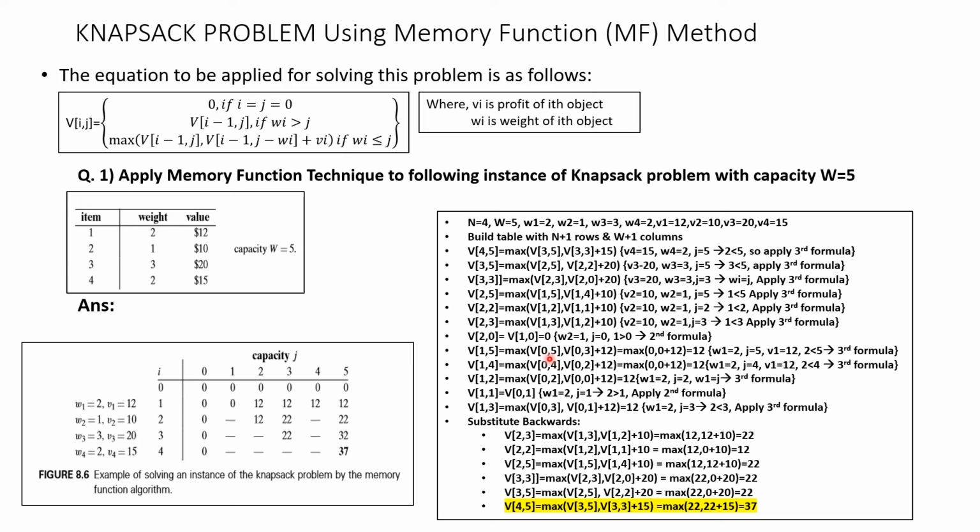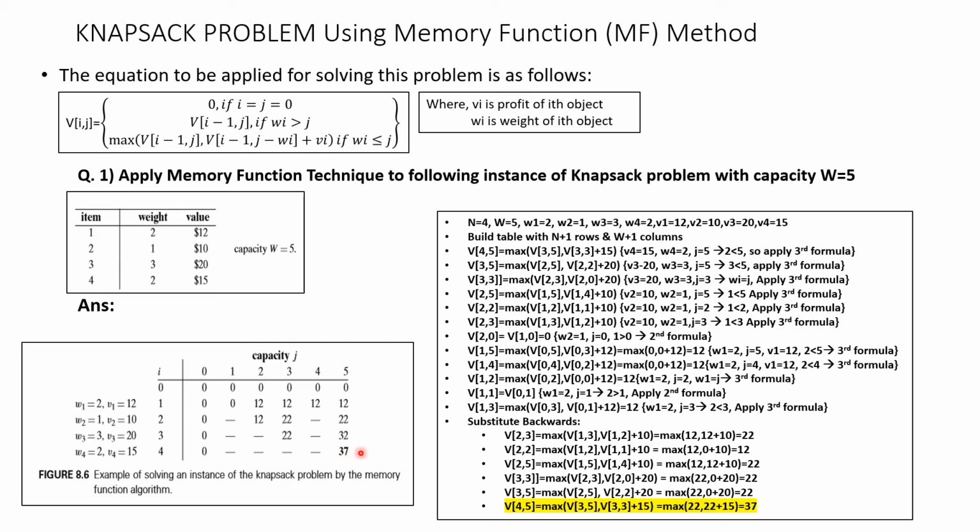See, logic is very simple. I will just briefly tell you. Start with the last box. Compare that W with J. If W is greater than J, apply the second formula. If W is less than or equal to J, apply the third formula, as before, what you did for the bottom-up dynamic programming method. The only difference is that instead of calculating all the boxes, you can see here he has only calculated 1, 2, 3, 4, 5, 6, 7, 8, 9, 10, 11 values, because the first column and first row are automatically initialized to 0. Instead of calculating all the squares, he has calculated only what is required.